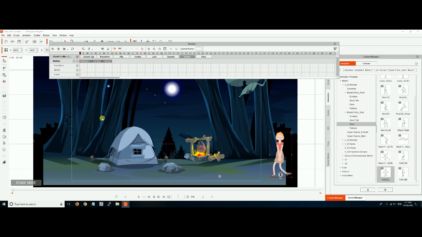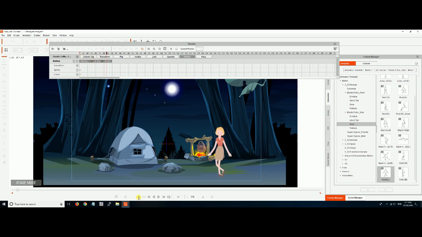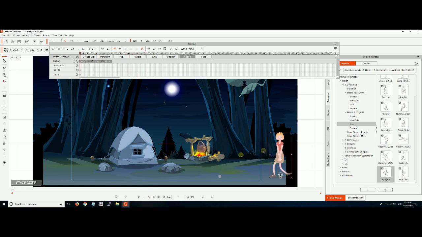We've already spent 5 minutes here, and all we've done, oh, actually 9 minutes, and all we've done is had her walk a little bit, you see? And you just have to get used to that. Making a scene takes a long time, and making a good scene takes a really long time. So let's have her walk out here again. Now, notice that she kind of kept on walking a little bit too far. We want her to stop walking right here. I want her to stop walking right here.